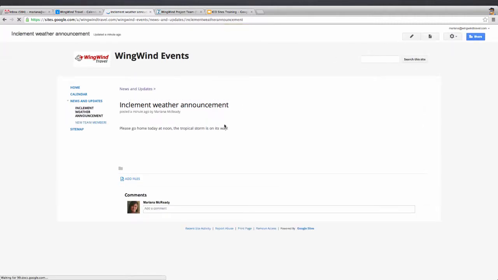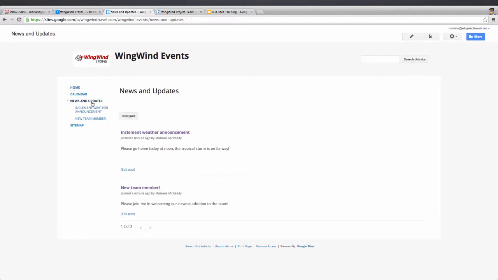Of course, you can make these stories as long as you like. You can adjust the columns, you can add images, but I just wanted to add a couple of stories here so I can show you something on the home page. So you can see I have news and updates here. The list kind of like a blog. We'll show you that. Then I could go to the home page